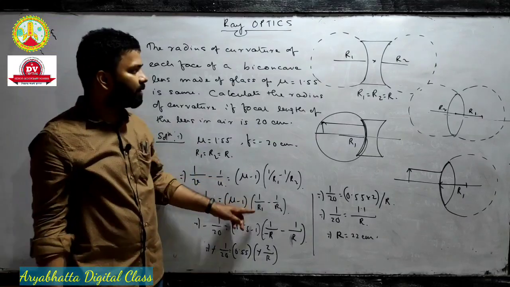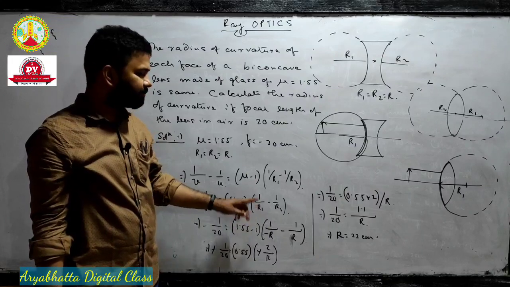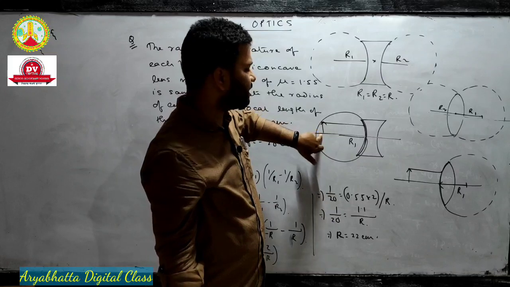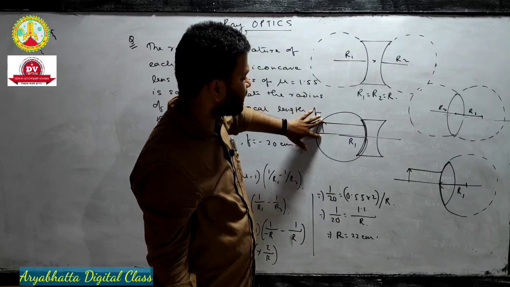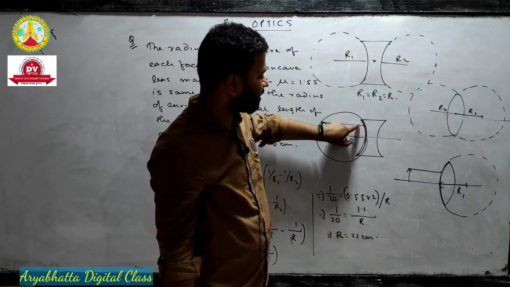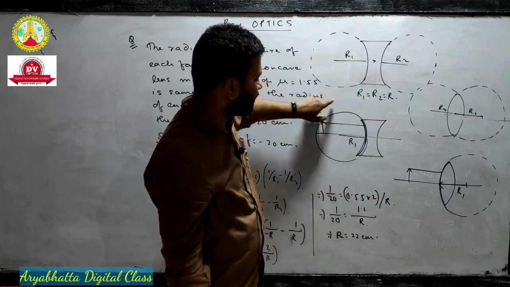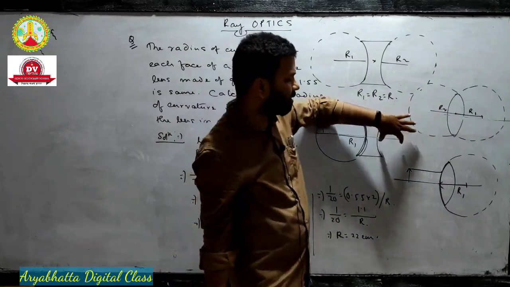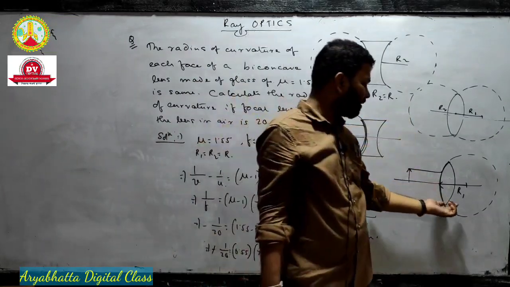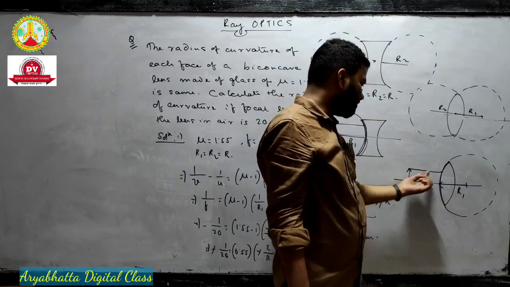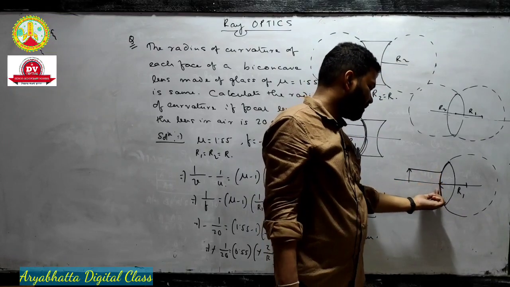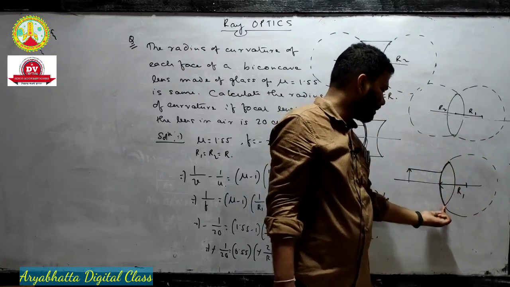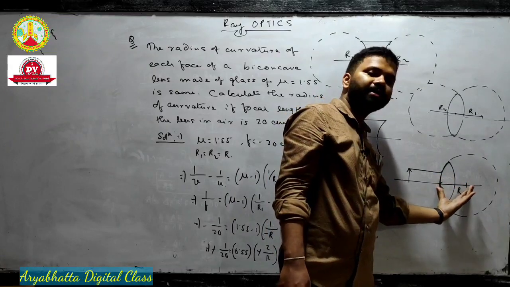So is that clear? Which one is plus R1 and which one is minus R1? Again I am saying, the object has to be placed on the left hand side. So if your object is on this side, the light ray will first strike this surface. So for this sphere, this one will be called R1, and another one will be called R2. But in case of convex lens, the light ray will first strike this surface. This one is the sphere, and for this sphere, this surface is a part. So this one will be called R1.